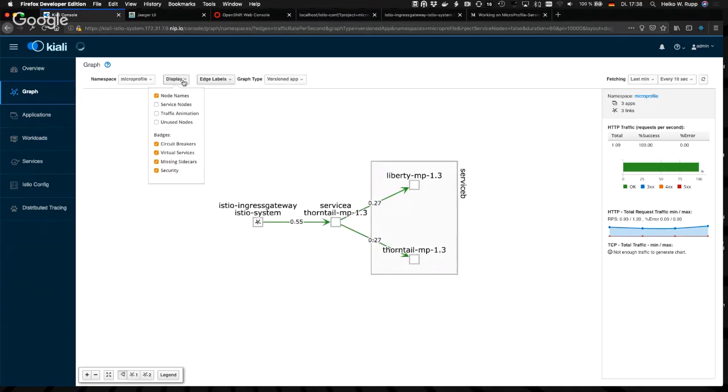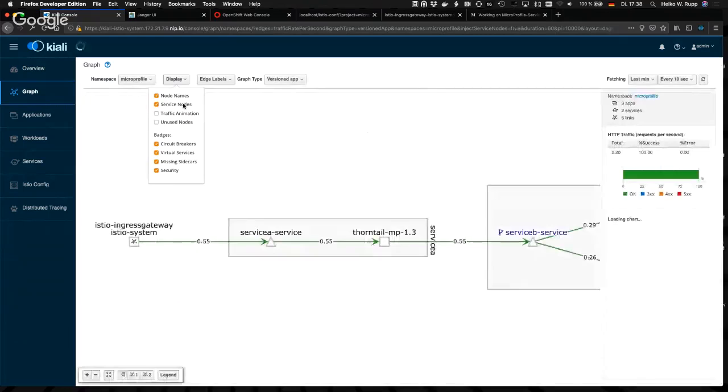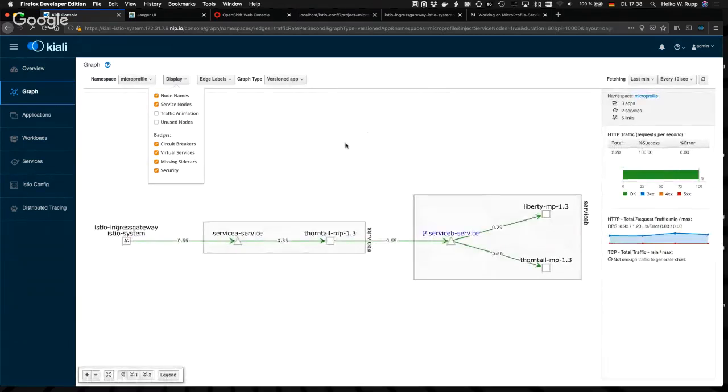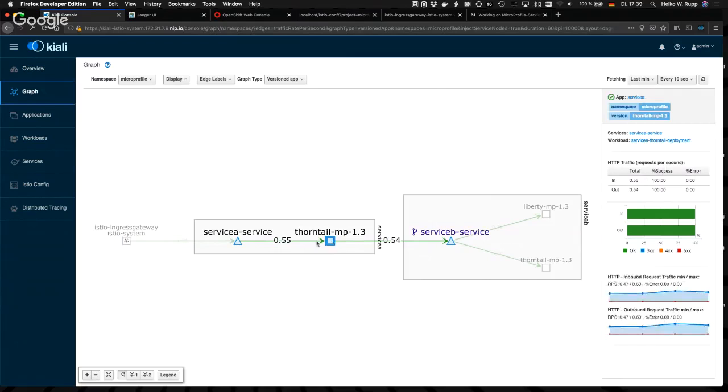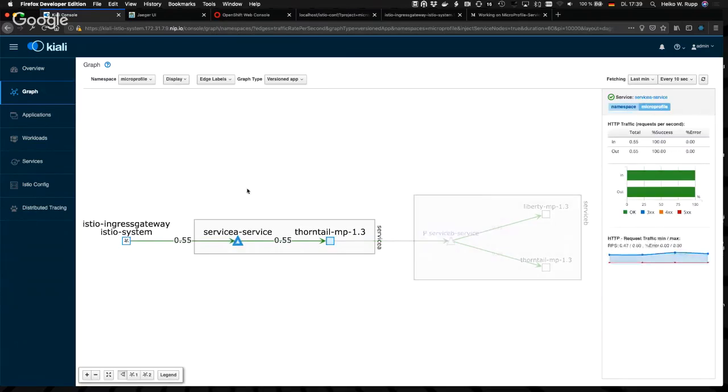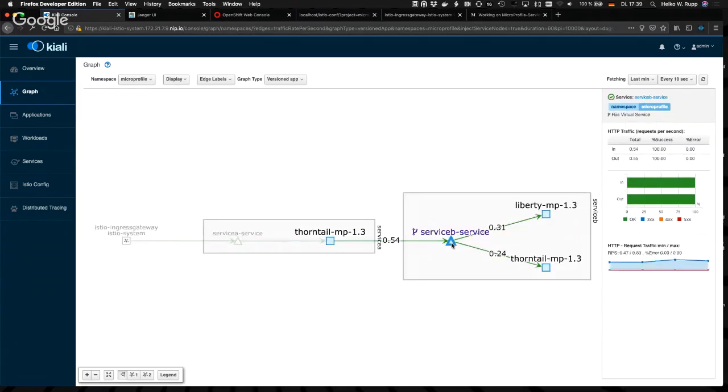As I've mentioned, service already. When you look more detailed at how a Kubernetes service is set up, you see that you always have a workload, which are the pods, and you always have a service definition in front of it. And these service definitions, this is also where these virtual services are applied. This is why you see here the fork icon and the virtual service applied. And you see also here has virtual service.